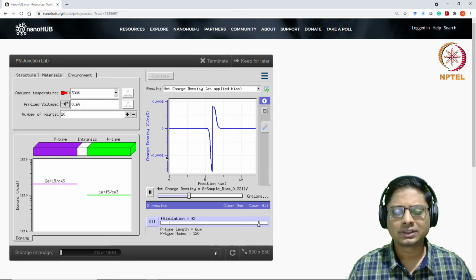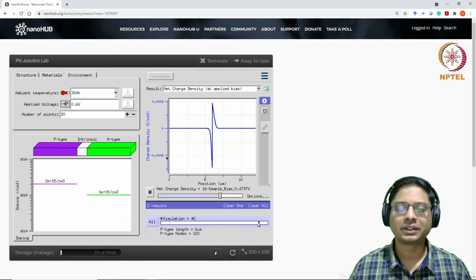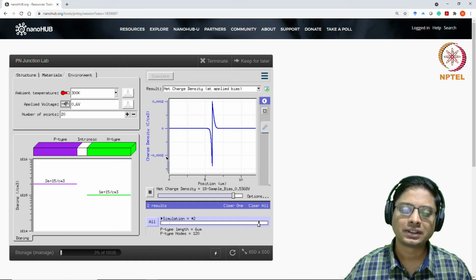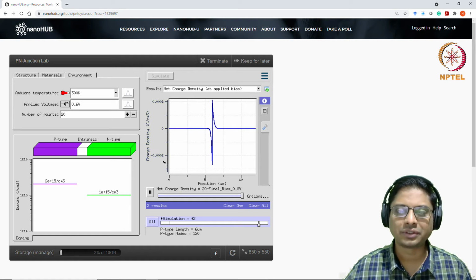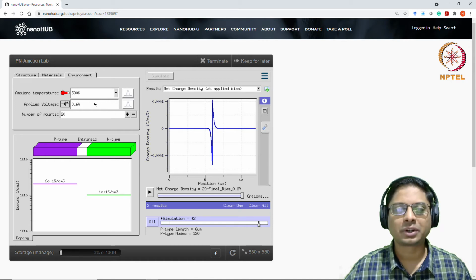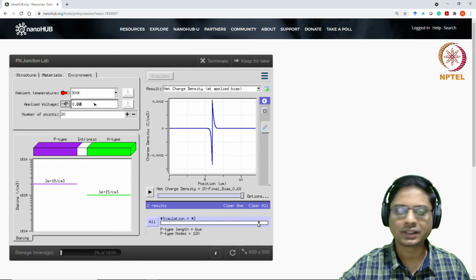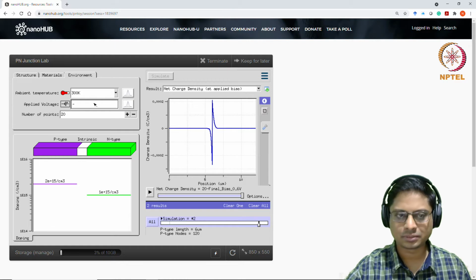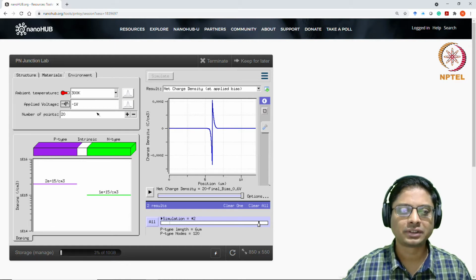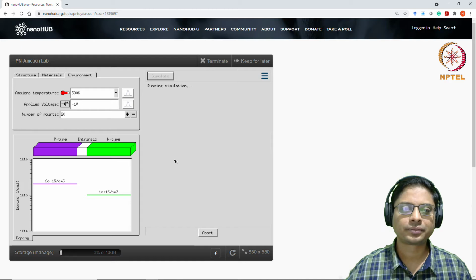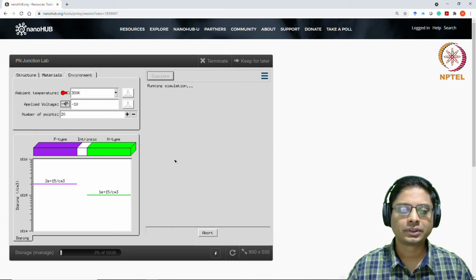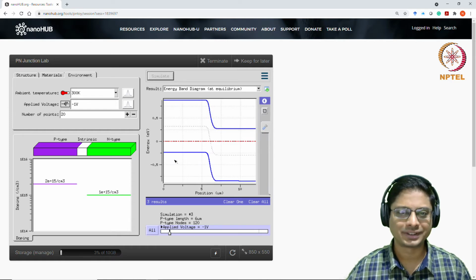So just take it like an interactive tool, ask questions, and see if you can find the answers. Okay, and that's really a very good way of learning. We could also check out what happens in the reverse bias. So for that, I'll take it till -1. I'll run a simulation. Well, I have just run this before, so I have the results already cached.